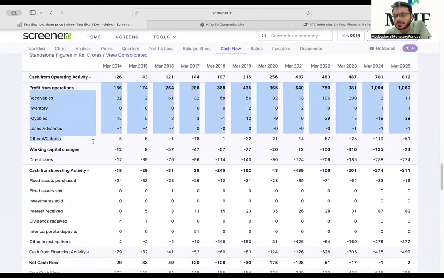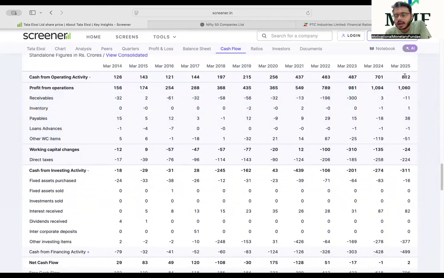Ignore this data as of now. It is 812 crores. Now I need to check, is this 812 crores sufficient enough to do capex? Sufficient enough to do investing activities? Now here I can compare this with what? I can compare this not from the total of the cash flow from investing activities, it's a net number. इसको मैं अपने capex से ही compare करूंगा. I'll compare this with my capital expenditure, and that is fixed assets purchased.